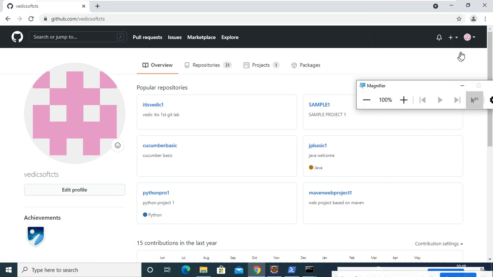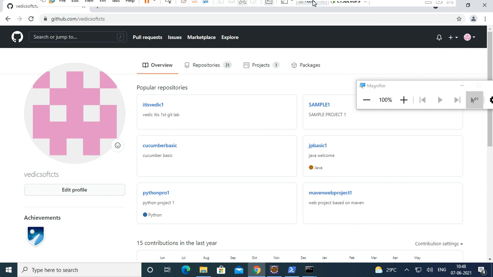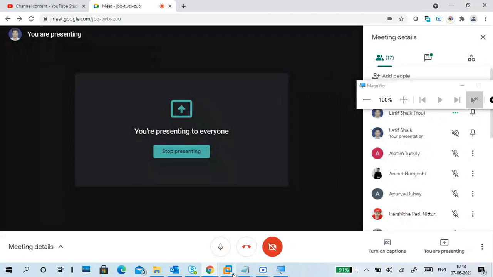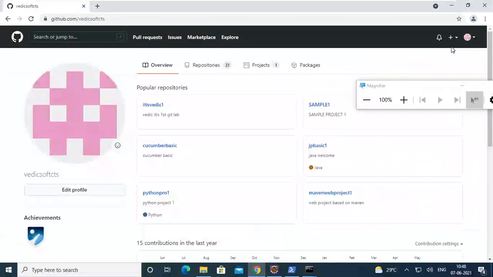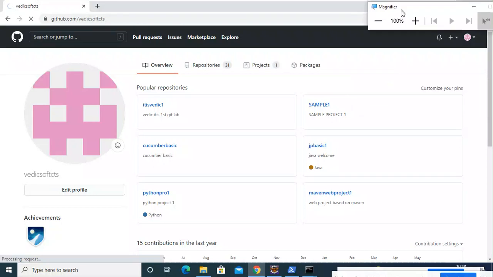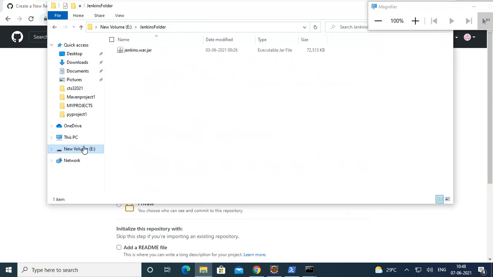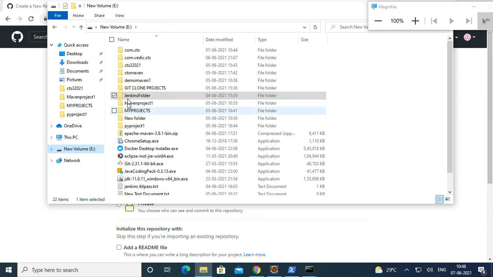I will add a repository, a new repository. The folder name you can put anything, no problem.